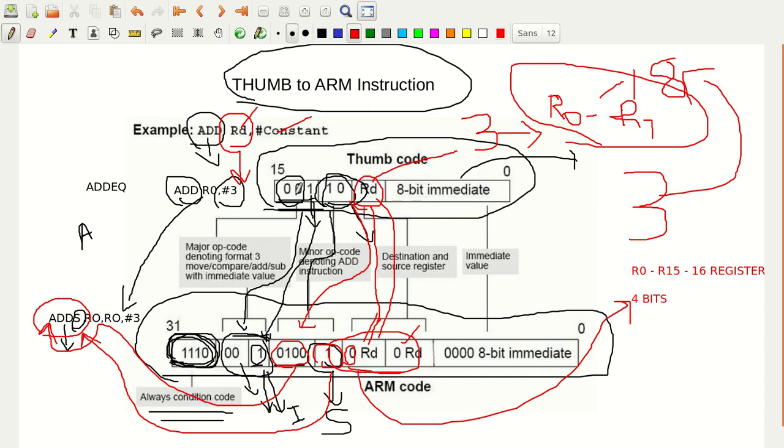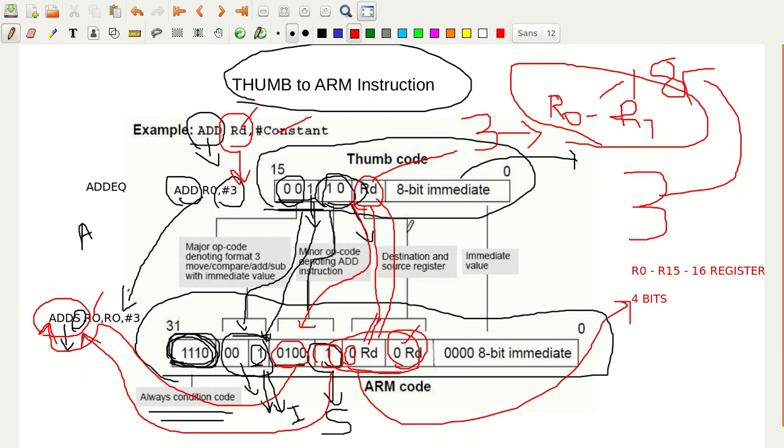Because R and RD are both the same here, RD is just replicated, you can observe here. Of course in this case it is R0 here, so R0. R0 means what is the value of the RD that is written here? 3 zeros with 0 appended, what you get is 4 zeros here. Similarly the same thing comes here, here also the 0 is appended to the RD.